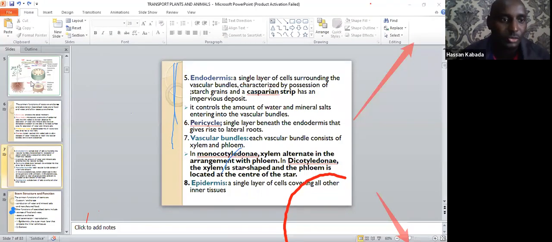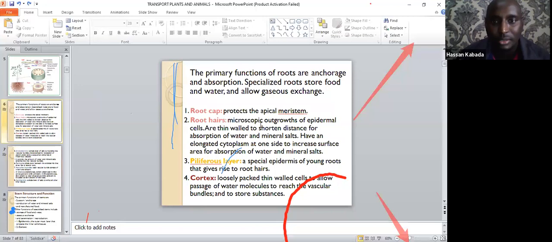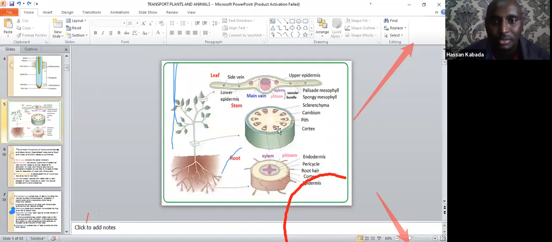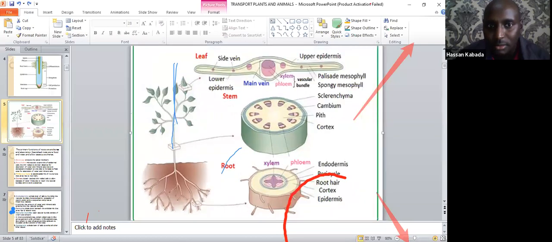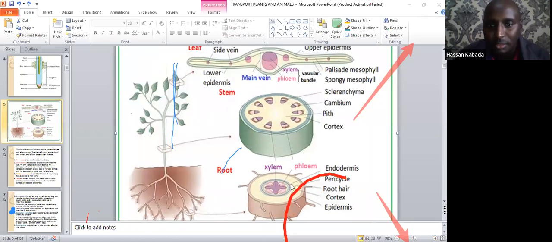I wish I can show you this. Just a moment. Here, if you look at this, the blue part here, you have a single layer of cells surrounding the vascular bundle. It is known as the endodermis. Its main function, it contains what is called Casparian strip that regulates the amount of water that gets into the